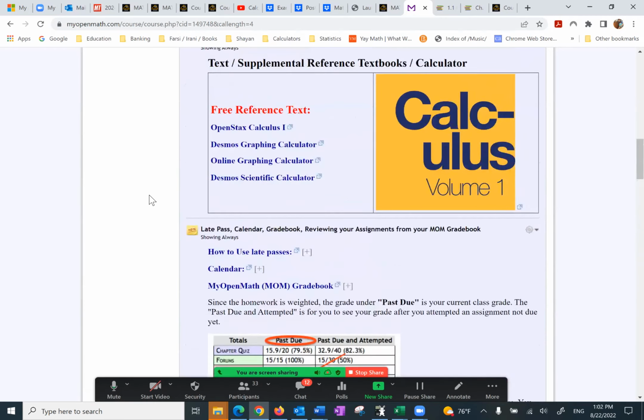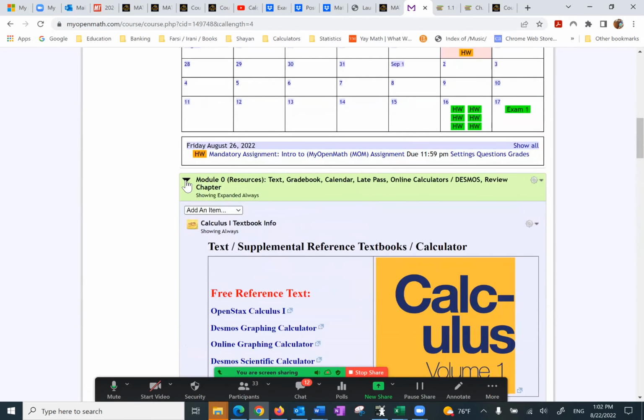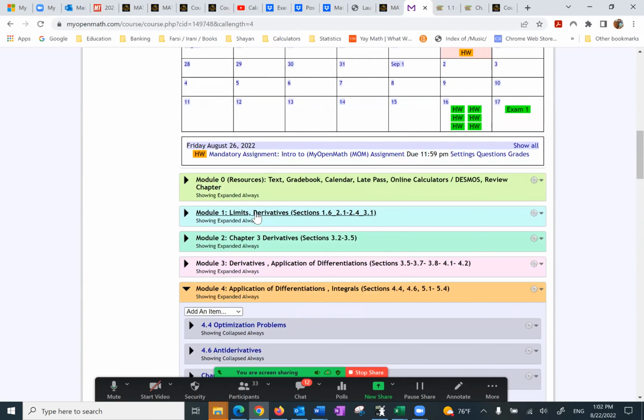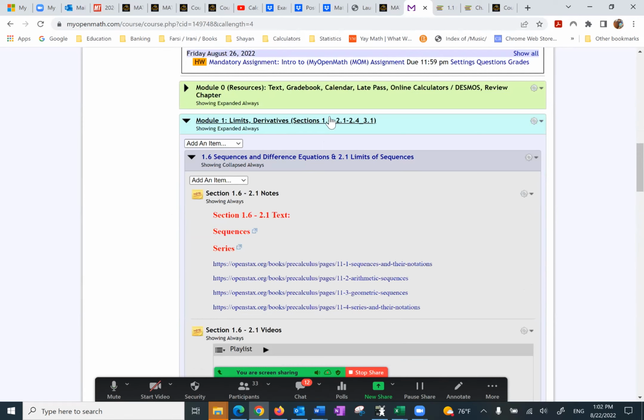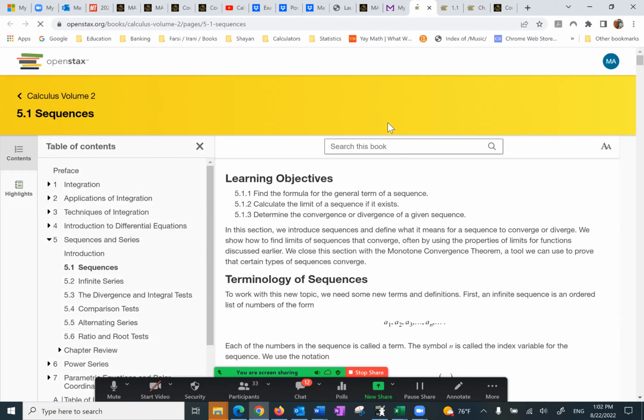So after module 0, I'm going to go to module 1. It covers the sections that are mentioned here with 1.6. Again, we have the sequences and series that are covered. If you click on them, it takes you to a different text that is covering that.